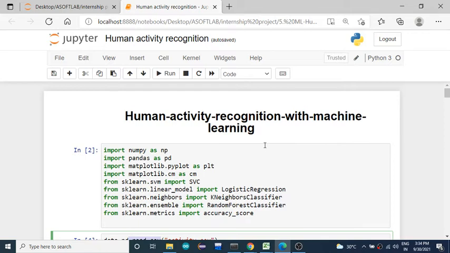If it is a regression kind of algorithm, you can use simple linear regression or multiple linear regression. Simple linear regression will be used when you have only a single independent variable and a single dependent variable. When you have multiple independent variables, multiple independent features and a dependent feature, then you can go for